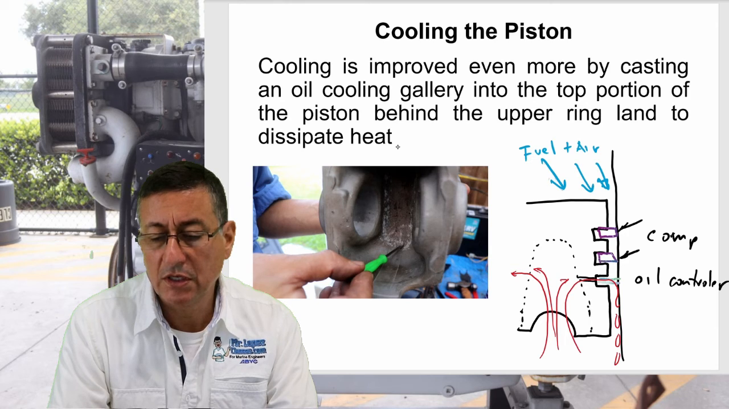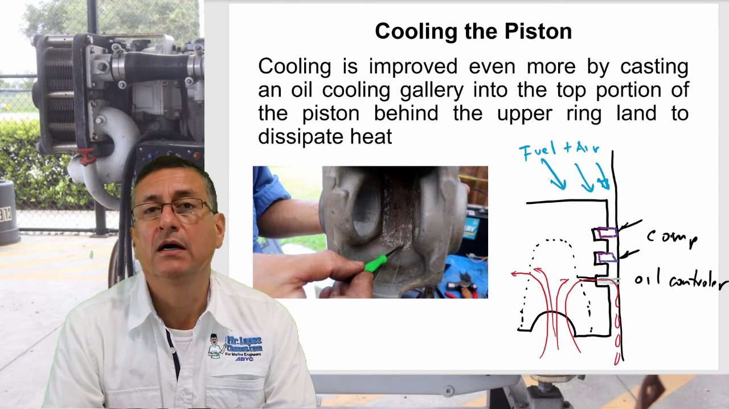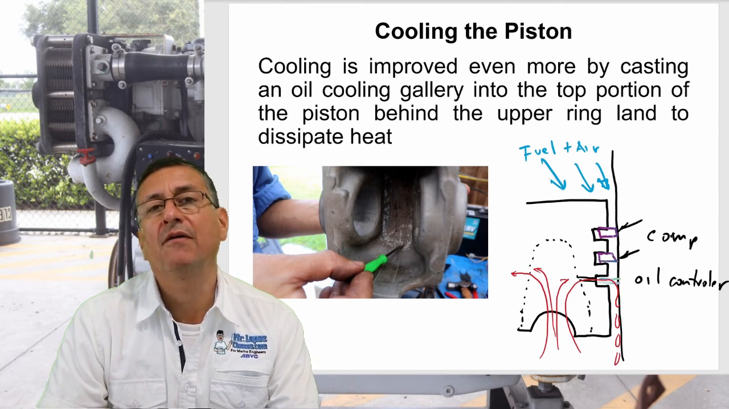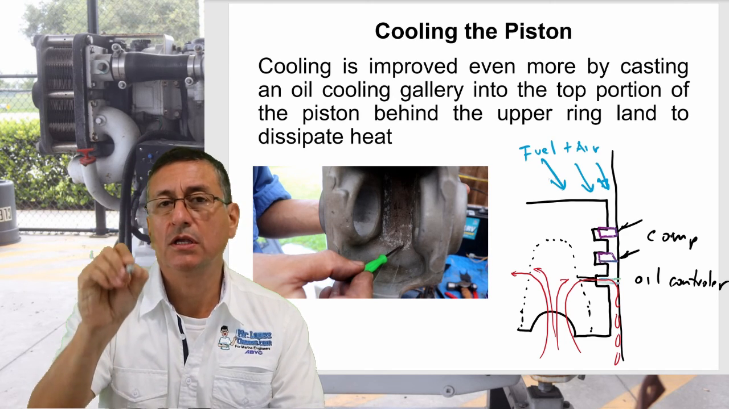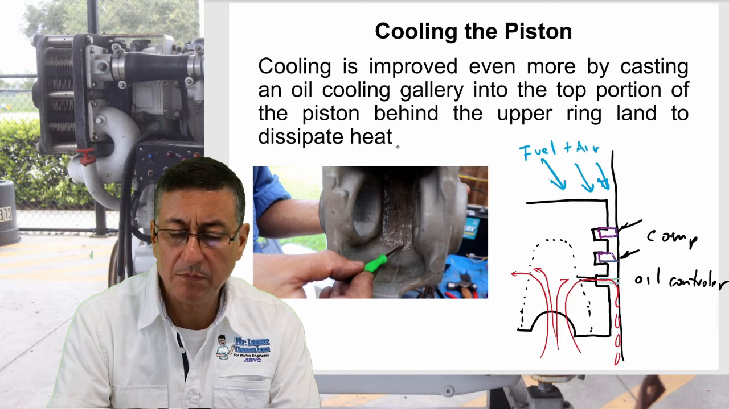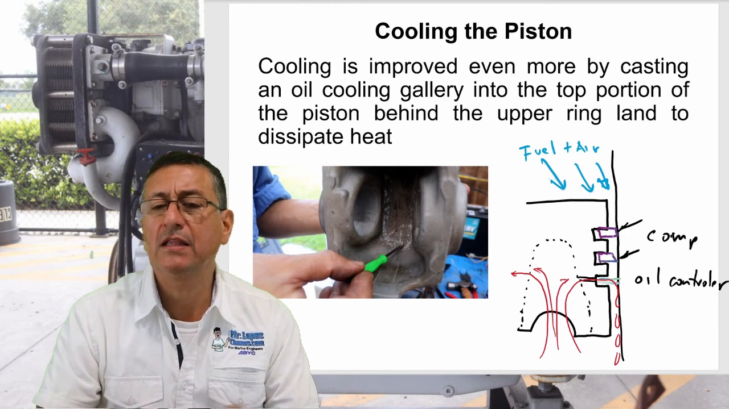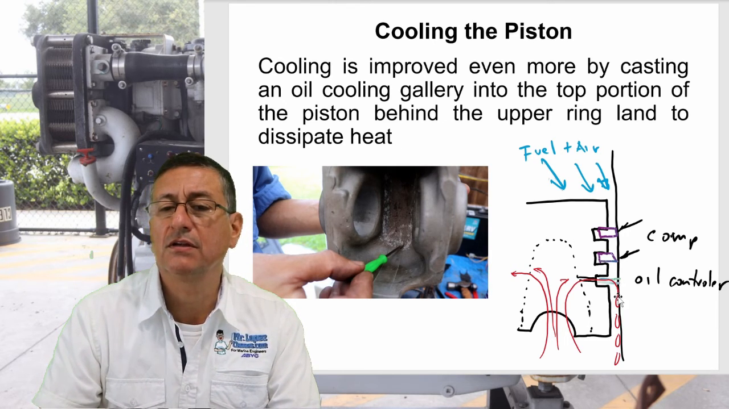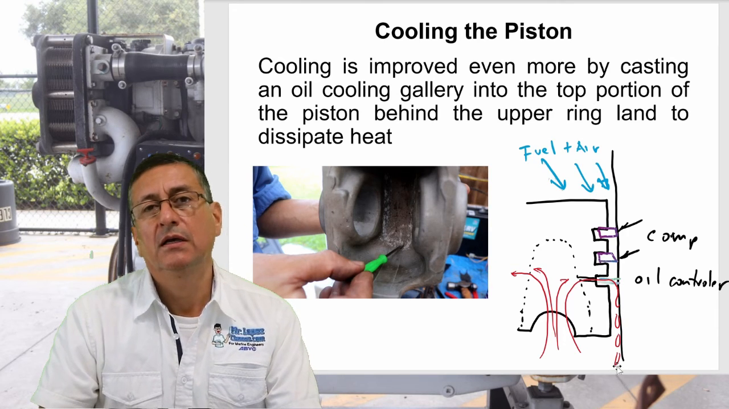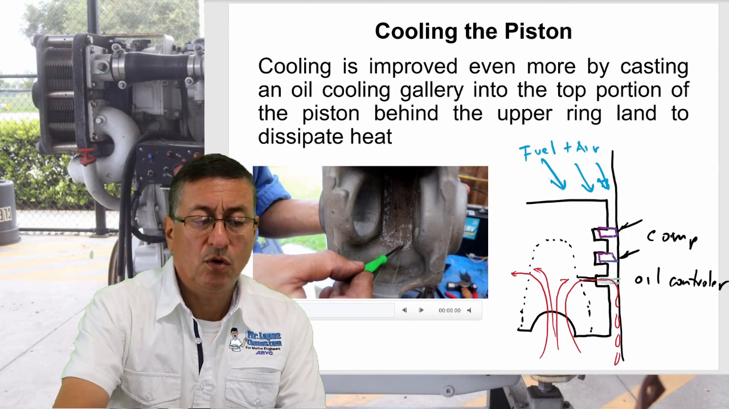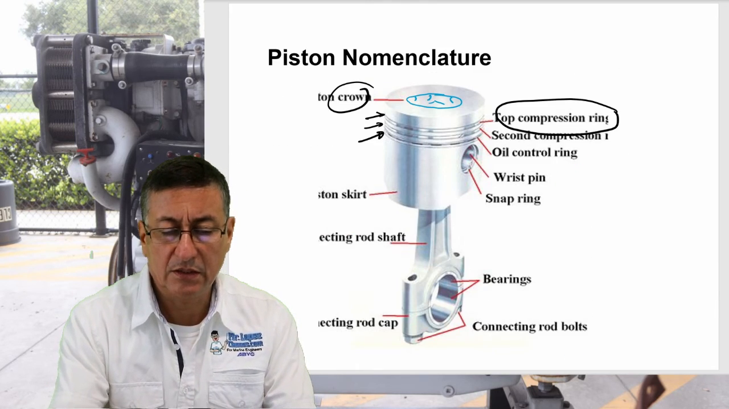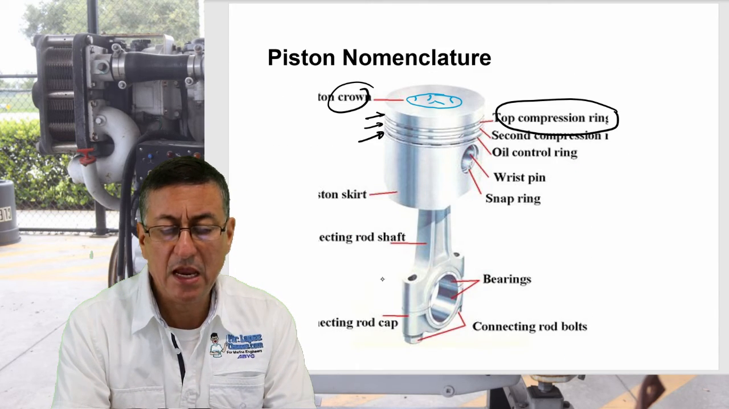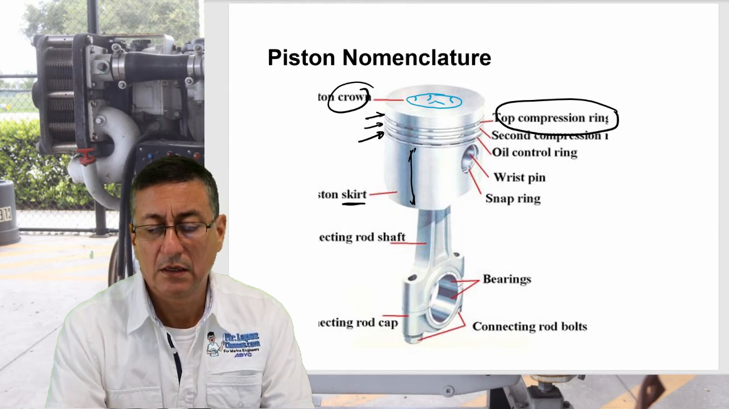In other words, in groove number 3, there are small cavities that allow the oil to return into the oil pan in order to keep the cylinder wall lubricated in this area. This is very important. Okay, with this information, the name of this face is the piston skirt, and